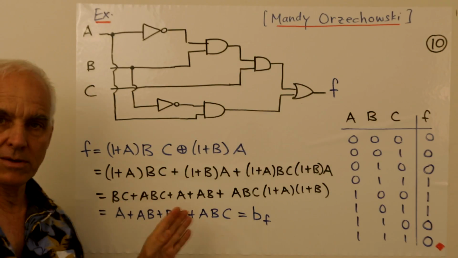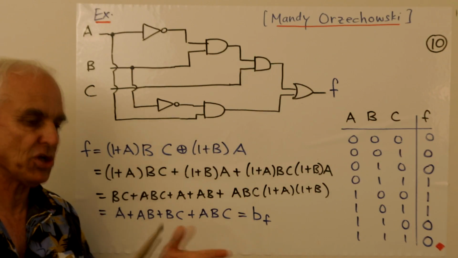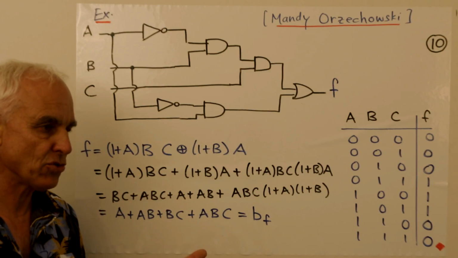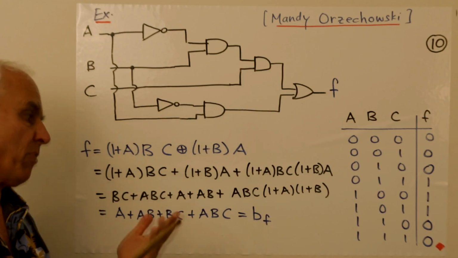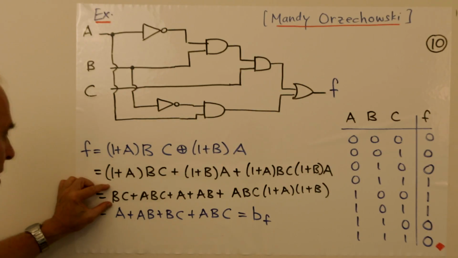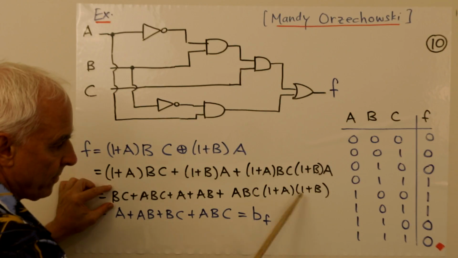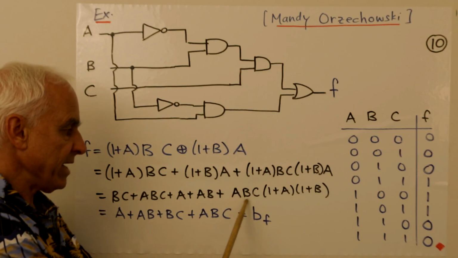We're really only doing polynomial algebra here, right? This is not Boolean algebra. We're just using high school manipulations with polynomials or polynumbers. Okay, but now this simplifies a little bit because there's an A here, there's an AB, there's a BC, there's an ABC there, fine. And what about all of this? Well, ABC,